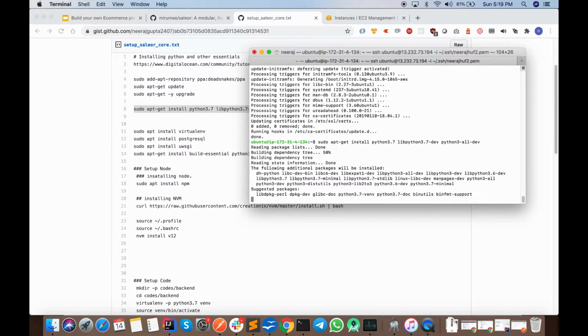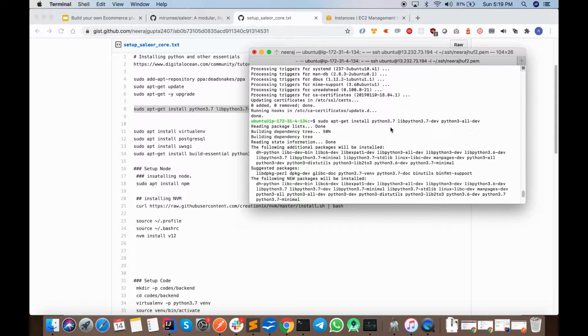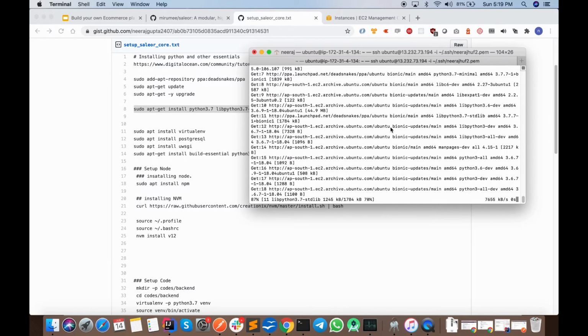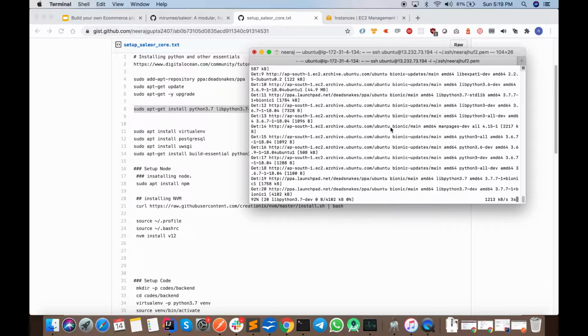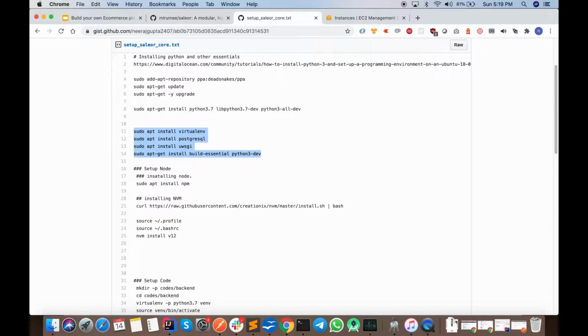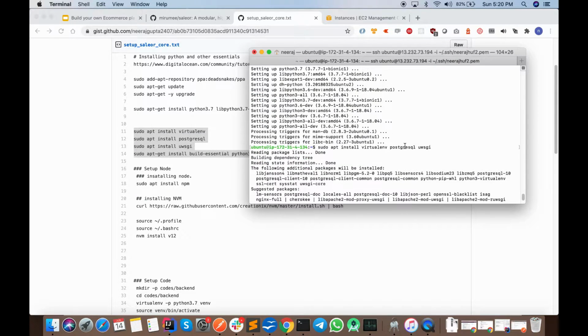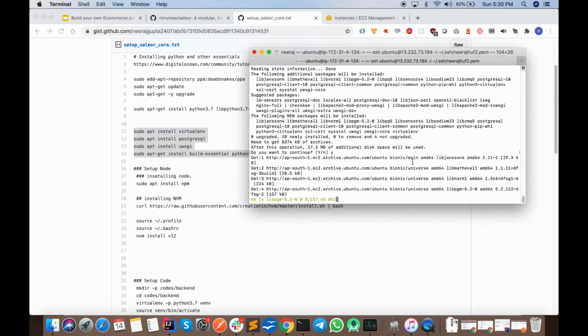Instead of installing 3.8, I'm going to install Python 3.7 as it seems to be more stable with the requirements. Now I'm installing Postgres, virtual environment and uvicorn server.